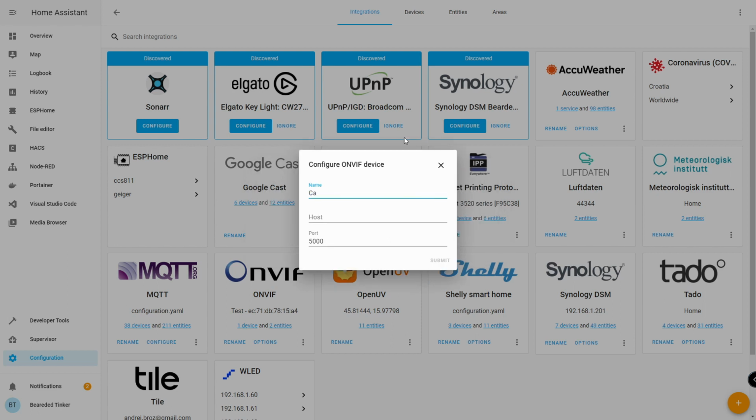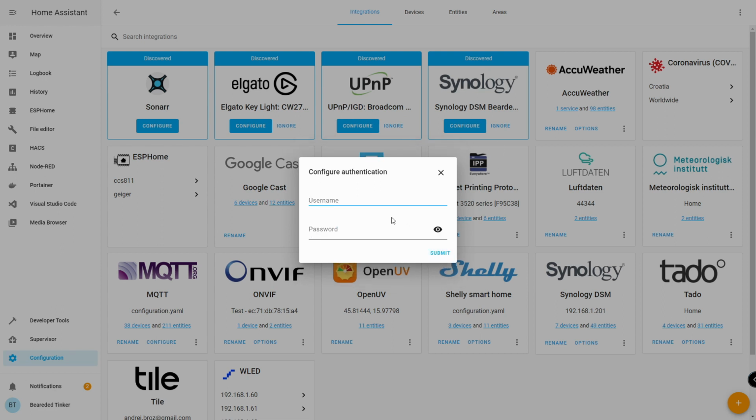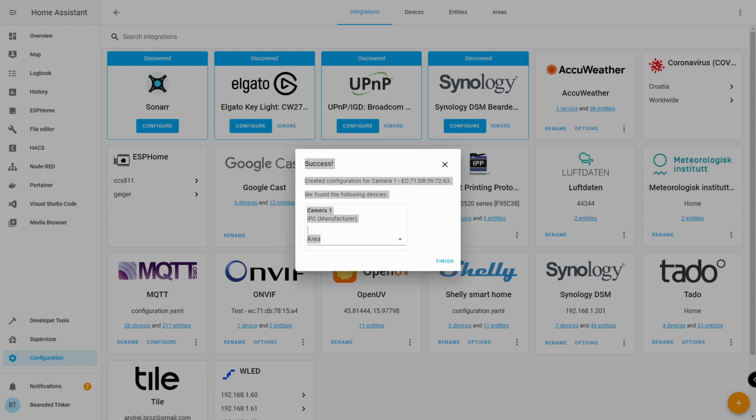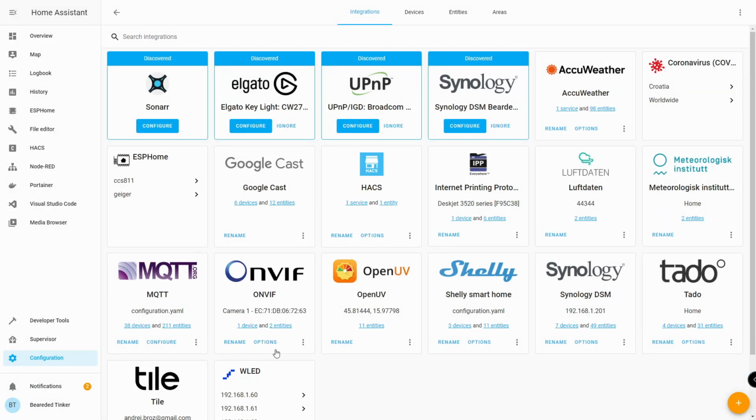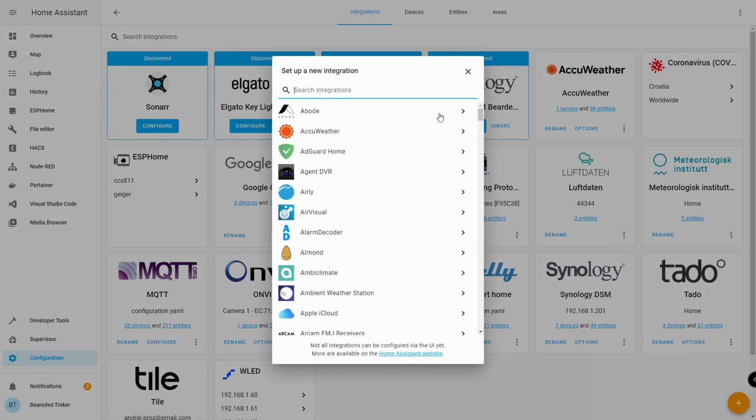It will be camera 1, 192.168.1.119, and the port, if you remember, was 8000. Let's submit. Username I've left default. Press finish. Okay, and let's add camera 2, plus sign,